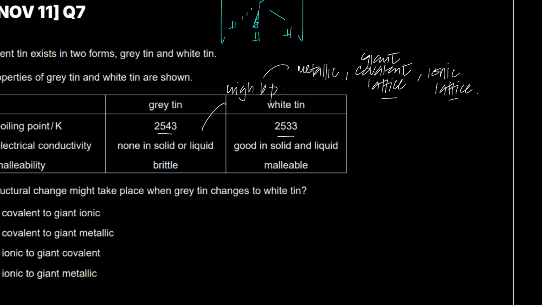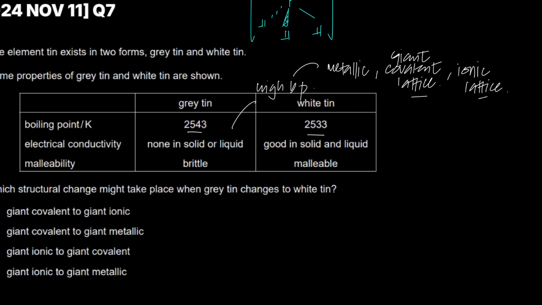So it's not just covalent lattice, it should be giant covalent lattice if it were covalent, right? This is just our assumption. It can be this, it can be this, it can also be this. Now he's giving us further details. He's saying